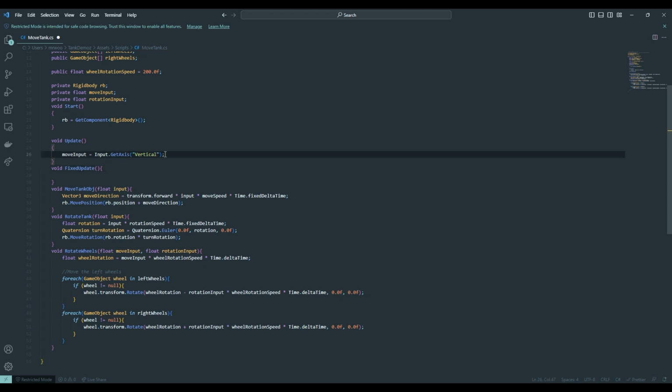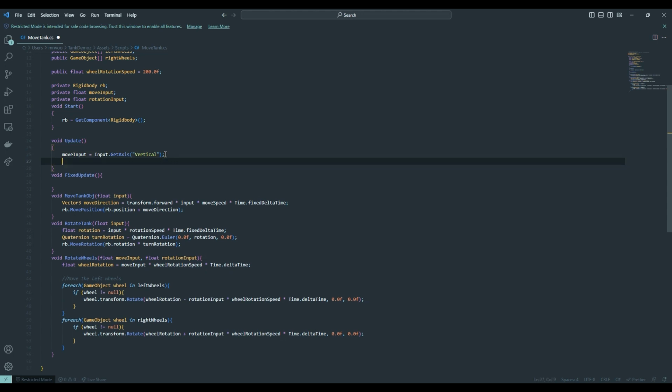This vertical axis is directly tied to our W and S keys. It's because Unity supports a variety of game consoles. Now, let's tie our rotation input,